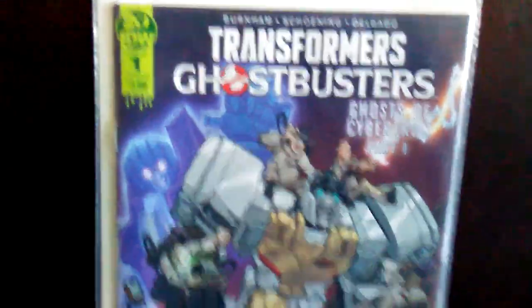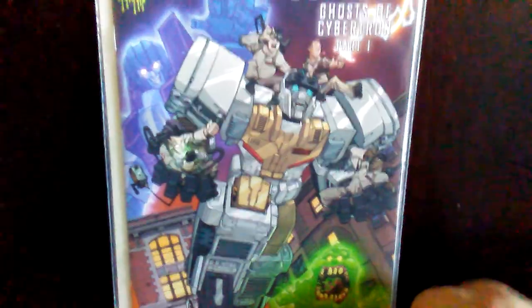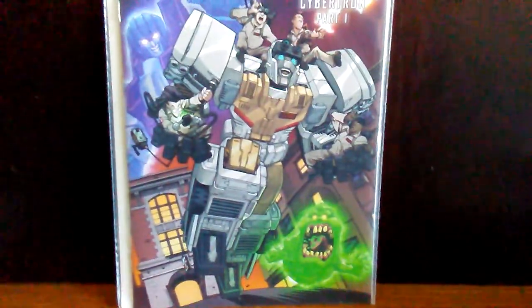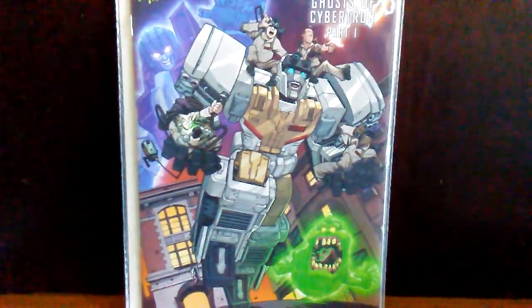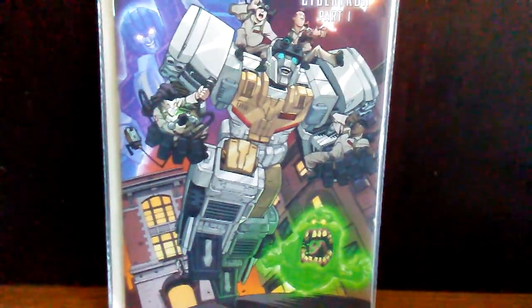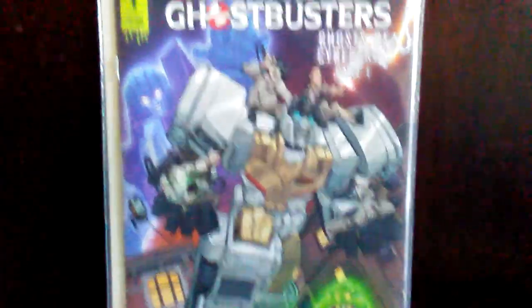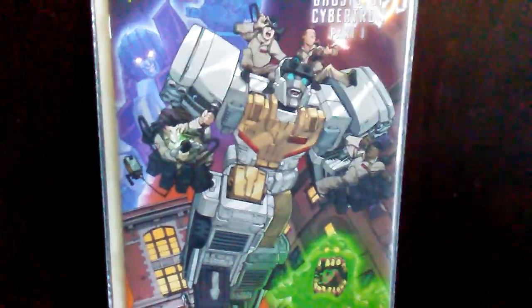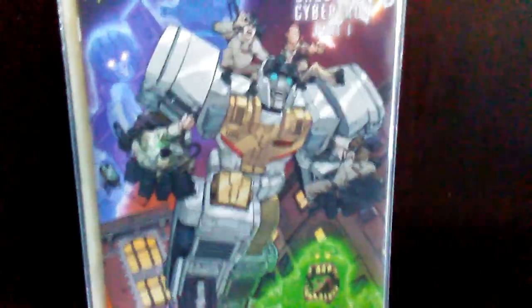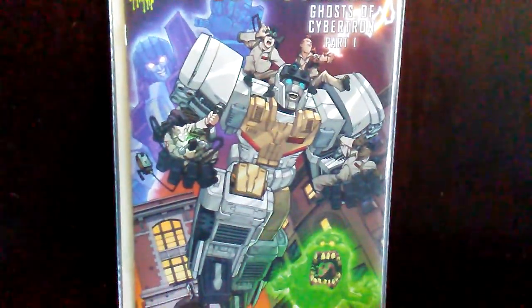Lastly, we got Transformers Ghostbusters number 1. Very cool cover. Cool crossover as well. A big fan of Ghostbusters, obviously, and Transformers I've always liked, so yeah, it's a very cool cover. It's cover B, and this one is kind of an homage to the original Ghostbusters promo art, which has kind of been